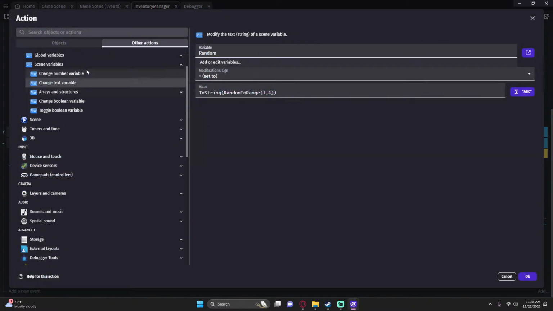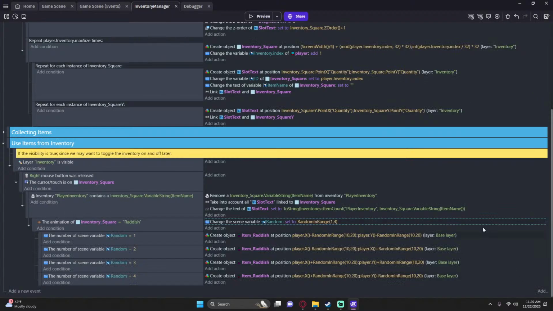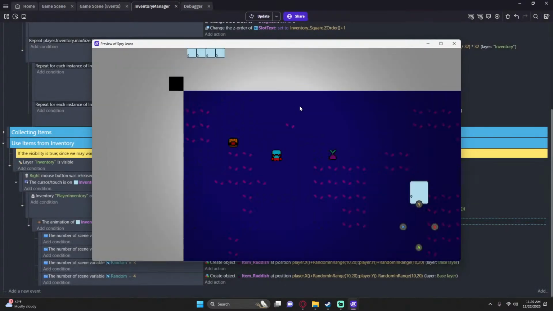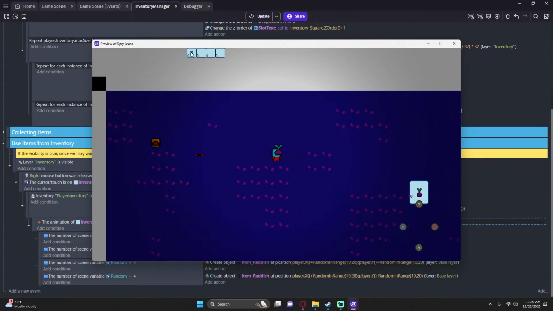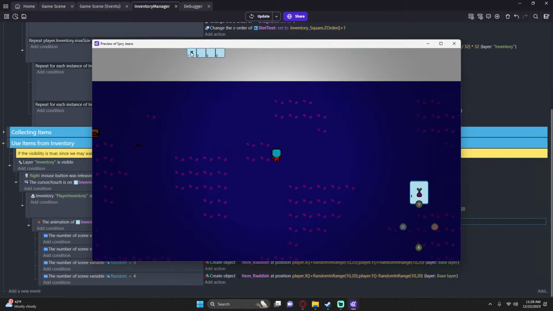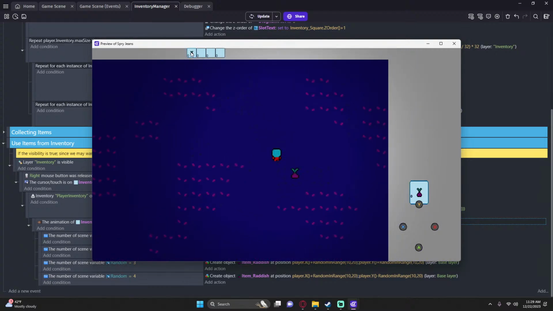Well, for one, that needs to be a number variable. I mean, both ways work, but there's just way too much room for error. So I think what we're going to do instead is